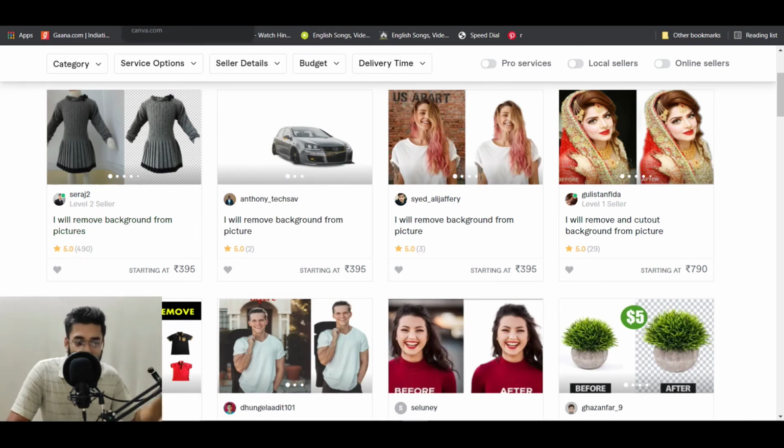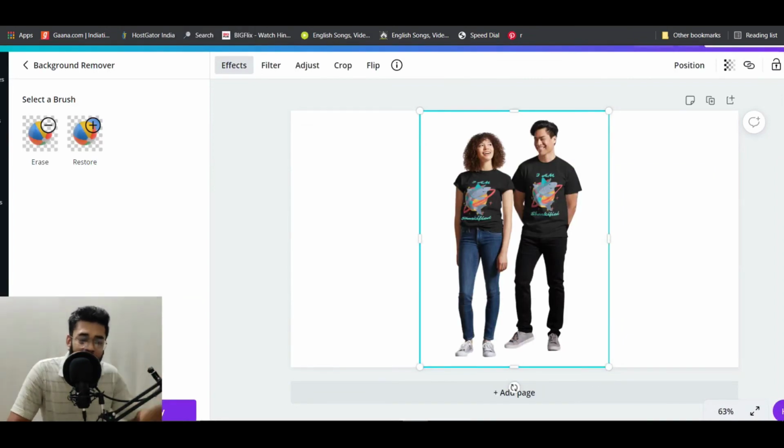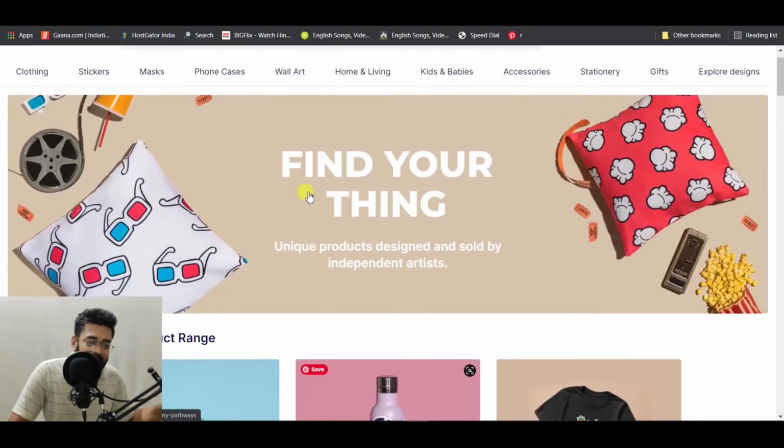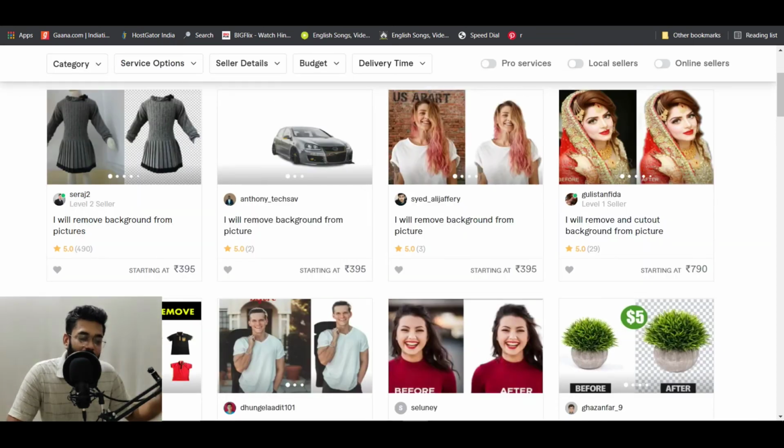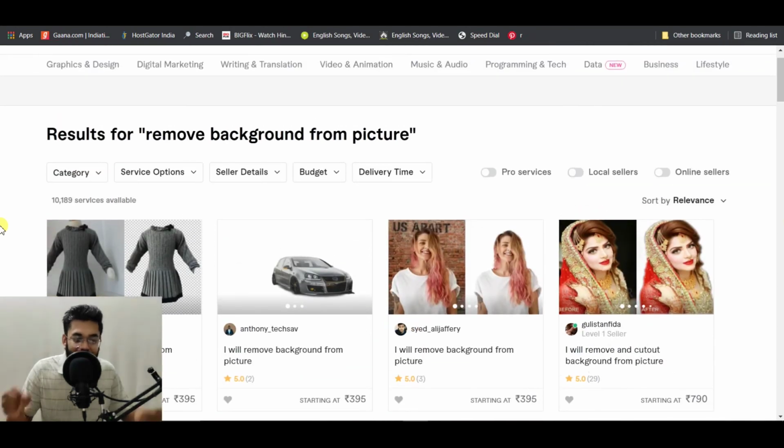So you are just purchasing one tool, that is Canva Pro, and now you are removing backgrounds, and the first thing you are doing is utilizing that tool and uploading designs to Redbubble, which will make you money, as well as you are also providing that particular service on Fiverr.com. Okay, in this way you will be monetizing one of your very simple, I may not call it a skill, but one of the really easy gimmicks which you have learned, and you will be monetizing that gimmick in 2 ways and making some extra income for yourself.